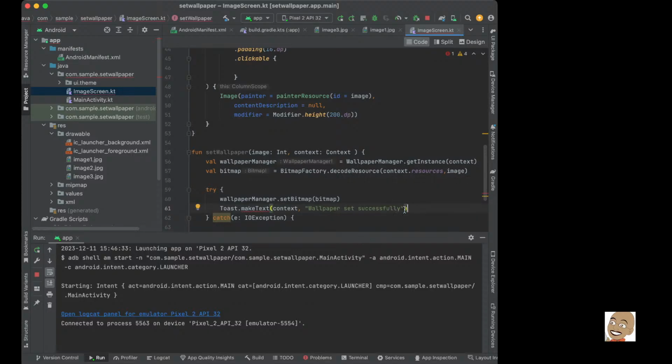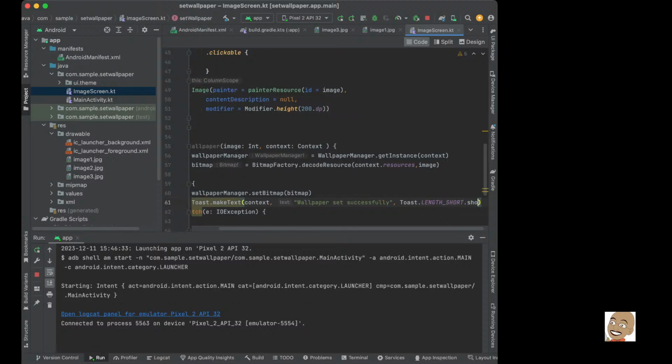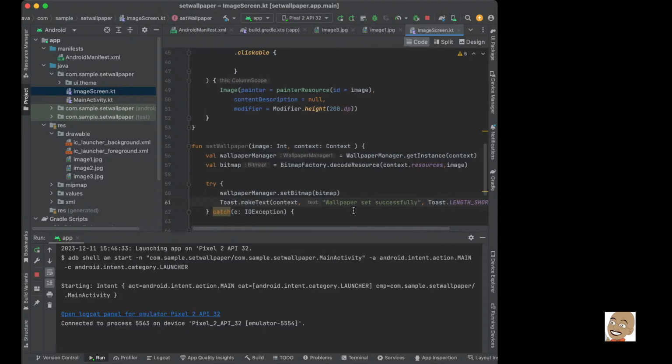and then to finish that toast, we say Toast.LENGTH_SHORT, which are different options you can have in your toast. Then we need to say .show, or I'm sorry, actually outside this bracket, it'll need to say .show,